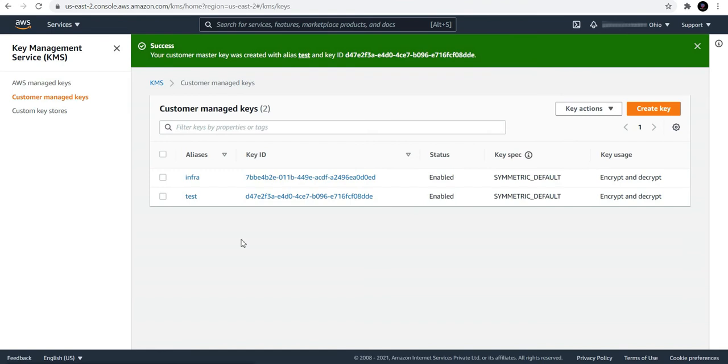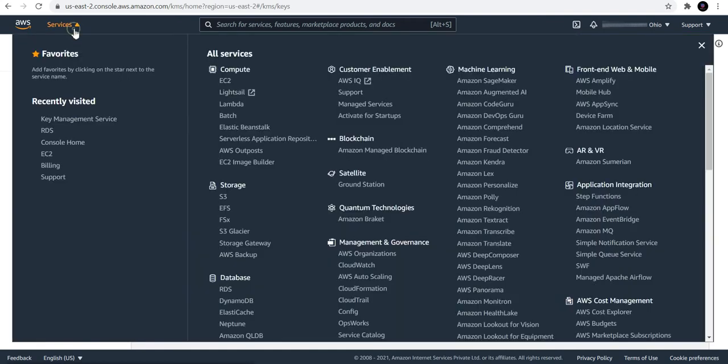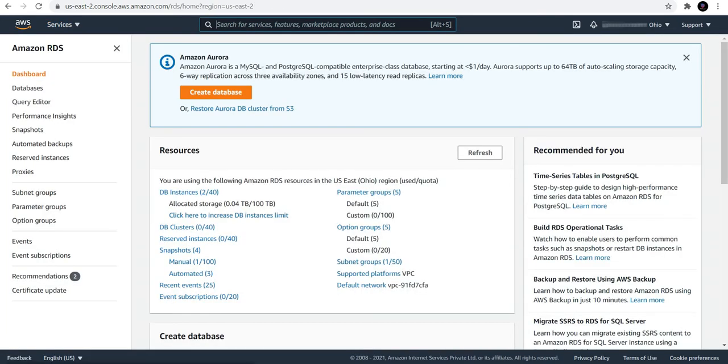Like this you need to create your KMS key, and you can see the key ID, the status, whether it is symmetric or asymmetric, and that it is used for encrypt and decrypt. So let me go to RDS again. You have now come to know how to create a KMS key for your RDS to share your snapshots.